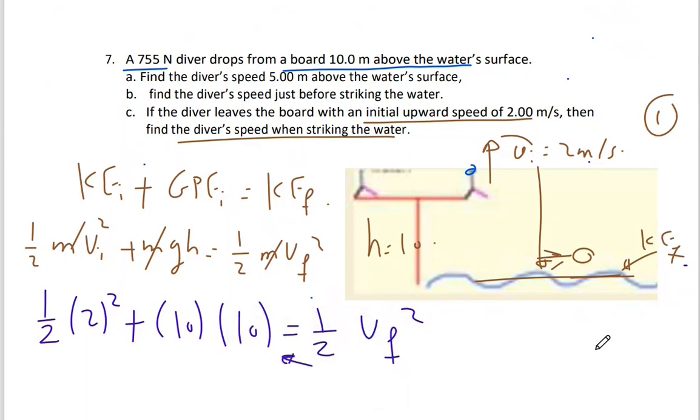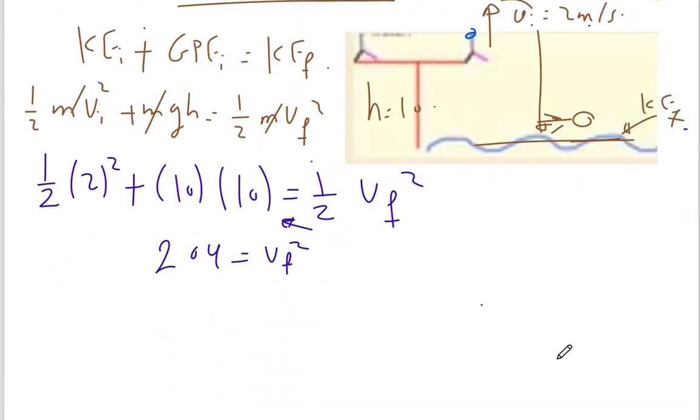2 plus 100, 102 times 2, 204 under the square root. So this will be 204 equals v final squared. Take square root of both sides. So v final, the square root of 204 is 13.3